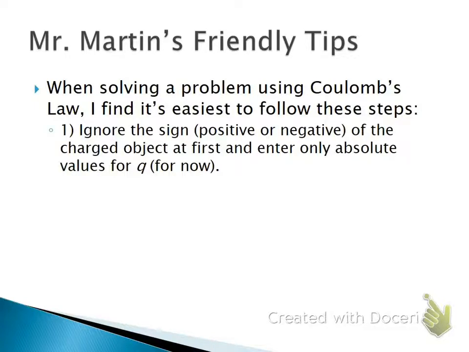So when I solve Coulomb's law problems, here are the steps that I like to follow. 1, I like to just straight up ignore the signs of the Q's to begin with. Forces are vectors, and as you all know, vectors, when they have a negative, it only indicates direction. If you try to throw the negative in mathematically, sometimes you will get F equals a positive number, sometimes you'll get F equals a negative number, but there's no one-stop shop to say positive means right and negative means left, because it doesn't necessarily. So the easiest way for me to do it is just ignore those negatives, just get the magnitude. Remember, vectors have magnitude and direction. So just get the magnitude, the absolute value,